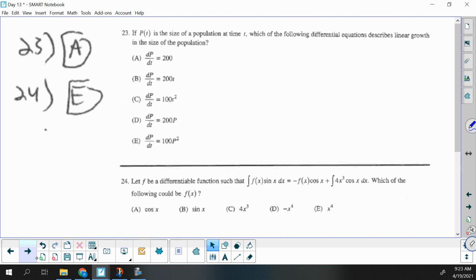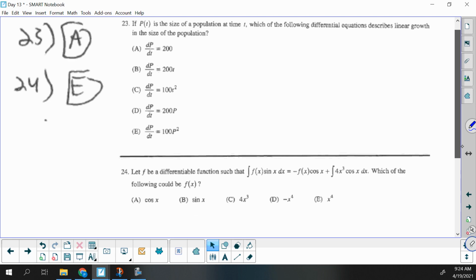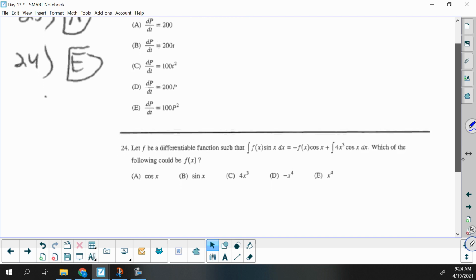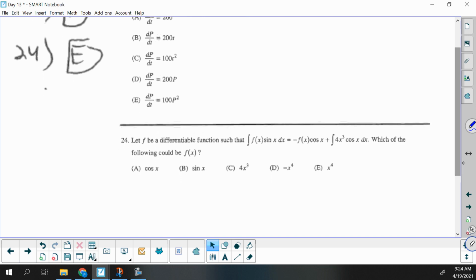In 23, if it's linear, our derivative should be a constant, so that's choice A. In 24, this was a tricky question. This is showing integration by parts. So in the original, our two options are, we could have had u equaling f of x and dv equaling sine x dx,